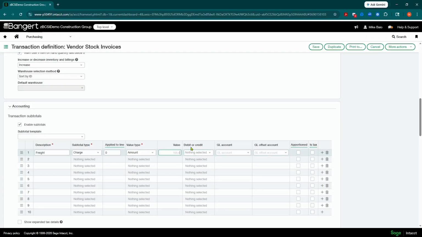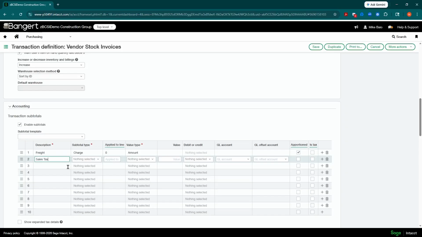Now, we don't need a debit or credit set up in here because what we're going to do is turn on this field, apportioned. Okay, so what this means is distribute this line to each individual line item in the body of this invoice. And this is the key, and this is what's going to allow us to put these charges inside and distribute equally across all of the different stock items. So we want that checked. And then you might get charged sales tax and you want to do the same thing for.